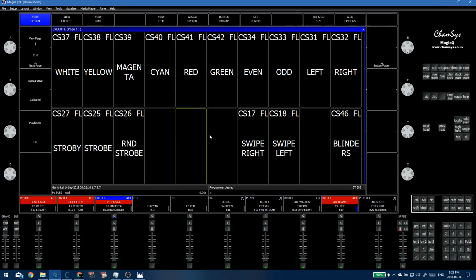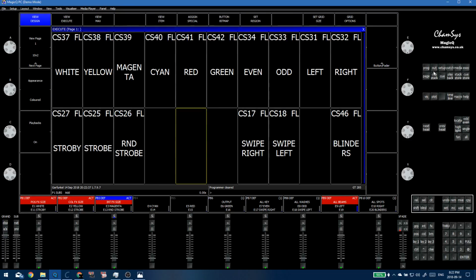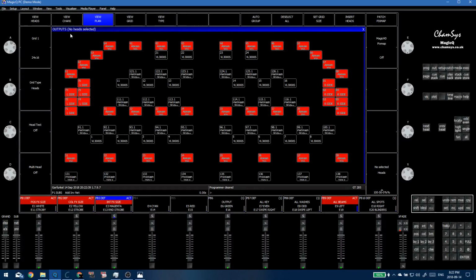But then I realized, well, what if I want to do different colors? And I don't really want to have 5 different swipes, because it takes time to make those swipes. There's not really any easier way than making a chase for making swipes. Because basically what you're doing is just selecting a group, then hitting, so I'll just show the start of